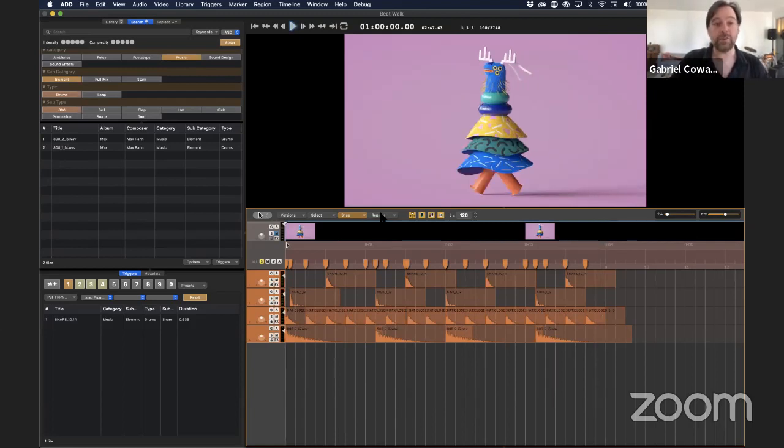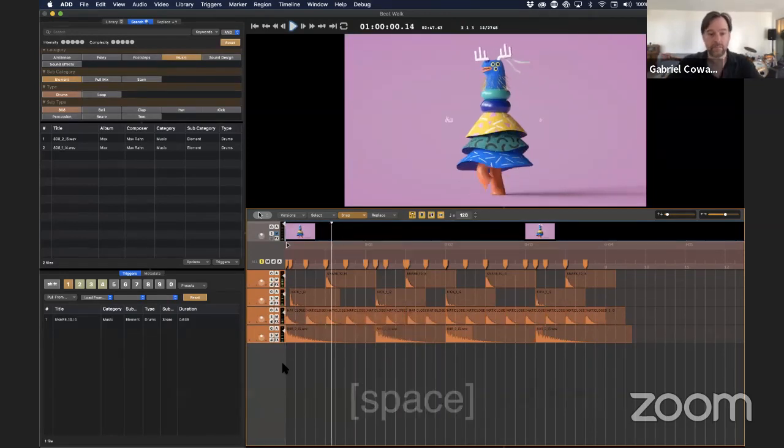So now what I'm going to do is I'm going to go to my replacement settings. So replacement, we can go all the way to Scramble, which will bring in sounds that are very different, to Tight Match, which will bring in sounds that are very similar. In this case, if we listen again to our beat that we've made,